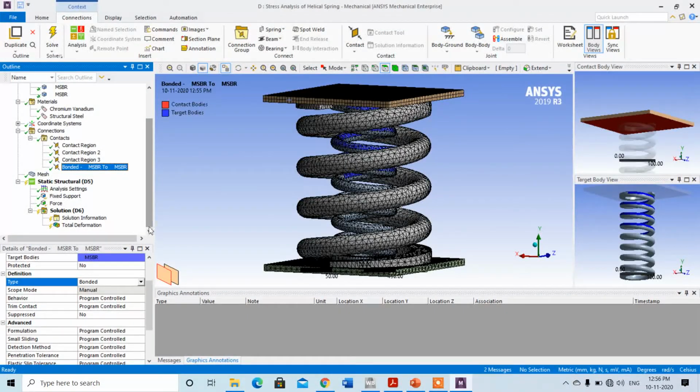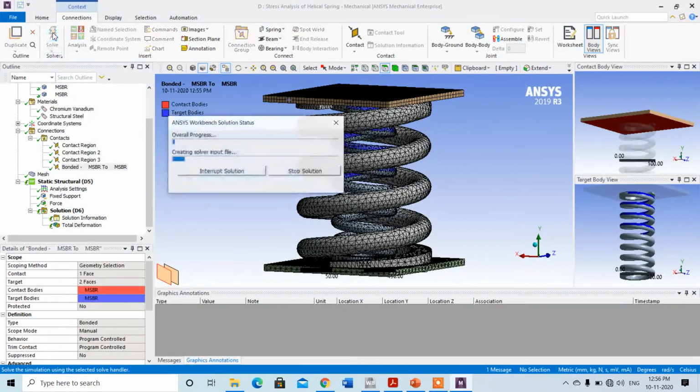So just click on solve again. We'll check whether that connection will solve the analysis or not, or if there is any requirement for further changes in the connection. Building mathematical model, preparing the mathematical model.